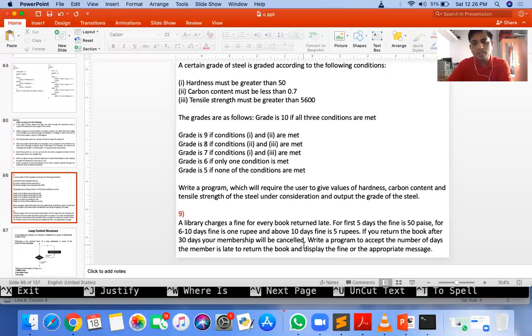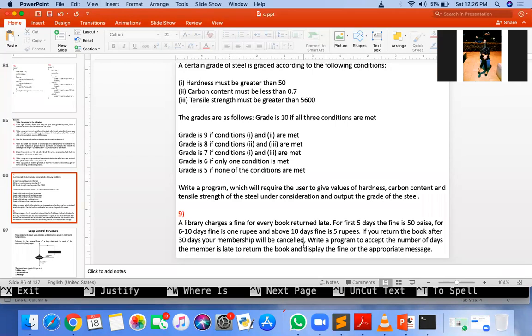But suppose your user has entered 3 days, then I think it depends on the case. If the member is late by 3 days only, then what is the fine? For the first 5 days, 50 paisa, so 1.5 rupees. Okay. Suppose the user is late by 8 days, then mention the mathematical formula there.